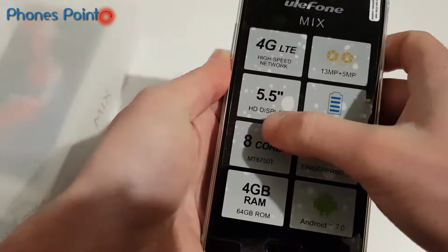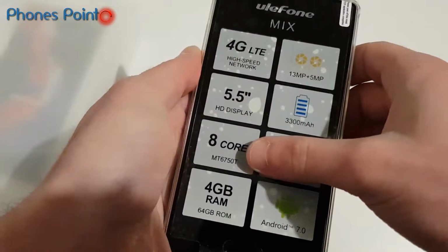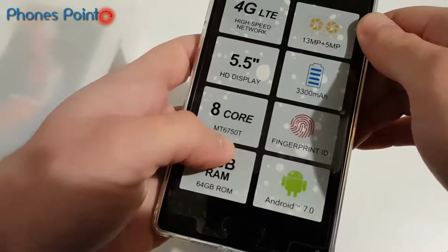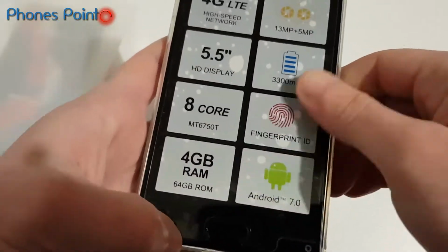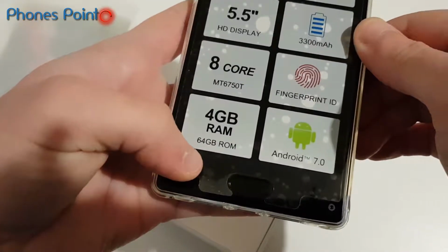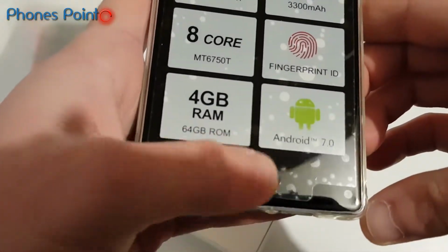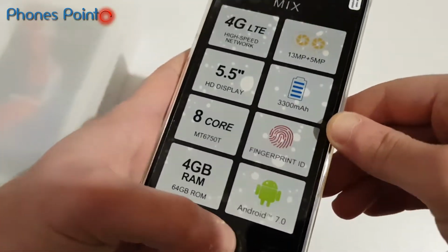It's a 5.5 HD IPS display without bezels, all screen, 8 cores with MediaTek 6750T, maybe turbo, 4 GB of RAM, LPDDR3 with 64 GB of internal storage, fingerprint ID. Here is the fingerprint scanner, Android 7.0, Nougat,